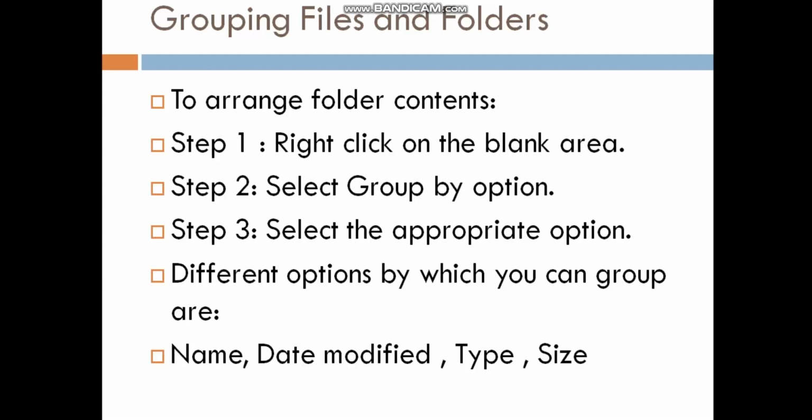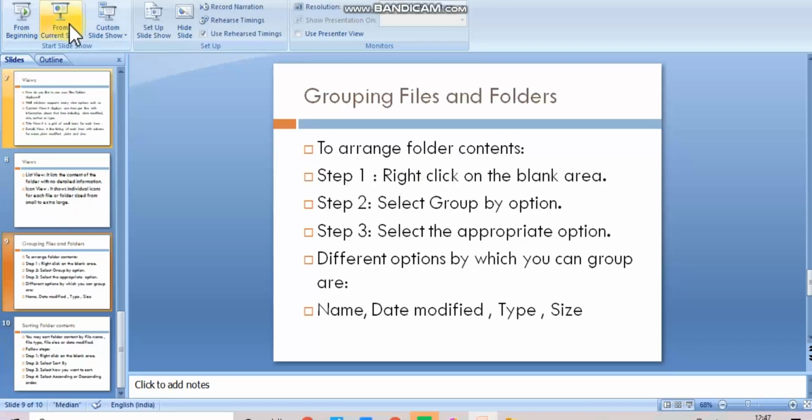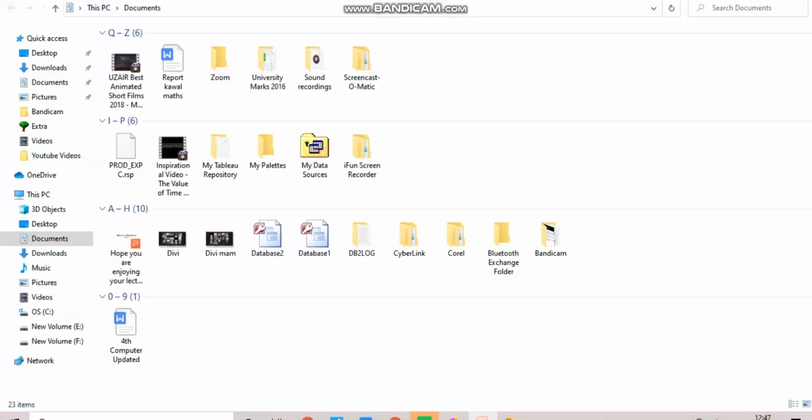Okay, so you can do grouping by name, date modified, type and size. Suppose I want to see my files according to the names. Names can be in alphabetical order, it can be ascending or descending both, right? Or it can be date modified. So I want to see with the latest, the day, the folder I modified today, then tomorrow, like that. Okay, and the type of the file again and the size, right? So let me show you again how the group by and the sort by option appears.